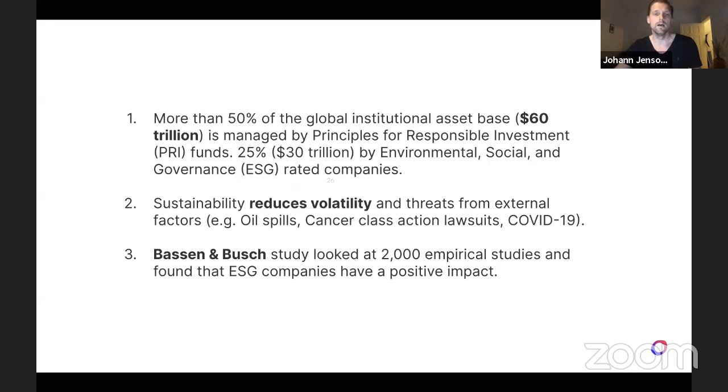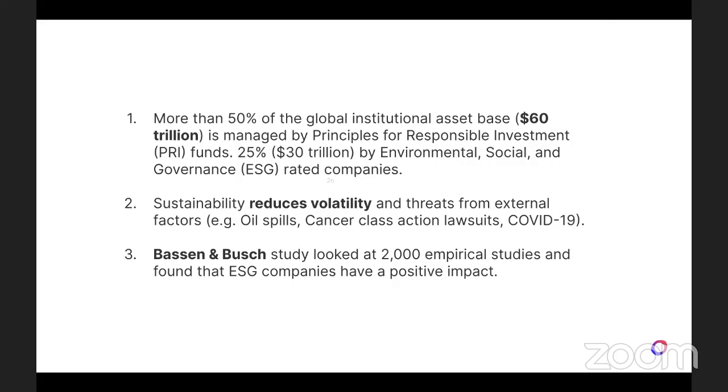Other reasons, so sorry, there's a lot of text here, I apologize. Half of the global institutional assets are managed by what are called Principles for Responsible Investment funds. And then half of those are managed by what could be called sustainable investment funds that are based on this ESG governance principle. And what they found, and this is defined by empirical research, is that sustainability in practice actually reduces volatility and threats from external factors. So think of all of the things that could potentially hurt your business. That's part of sustainability. So think oil spills,